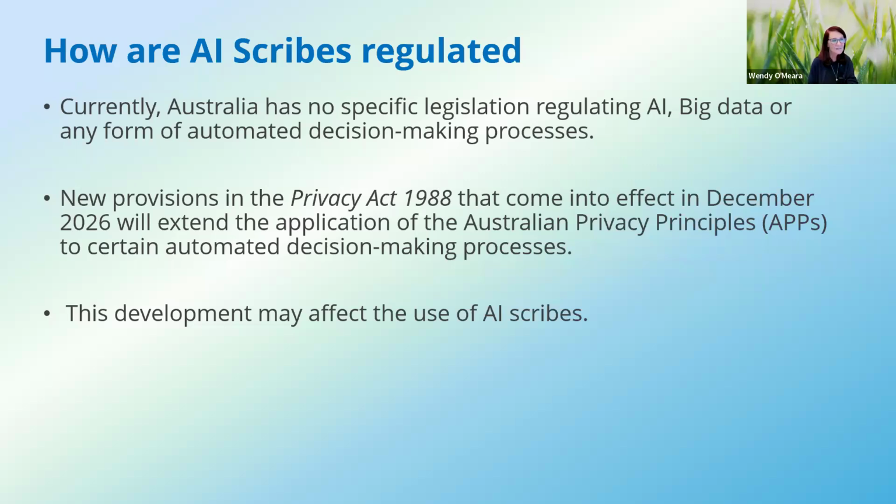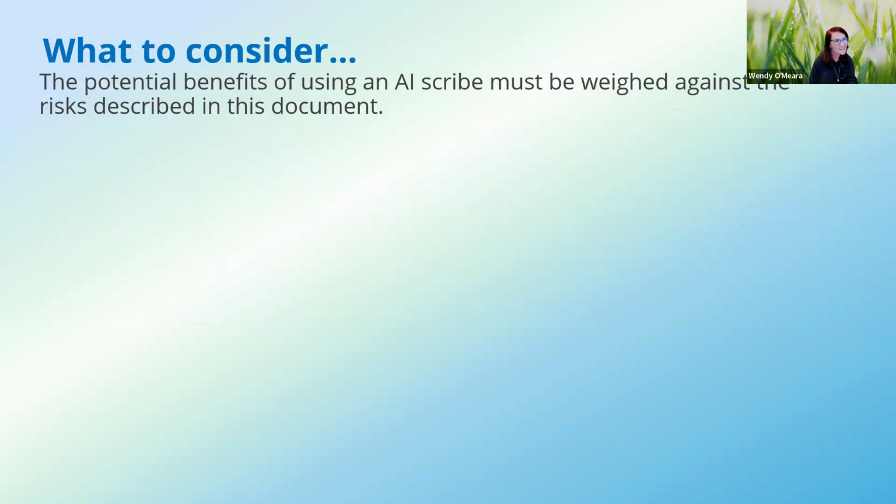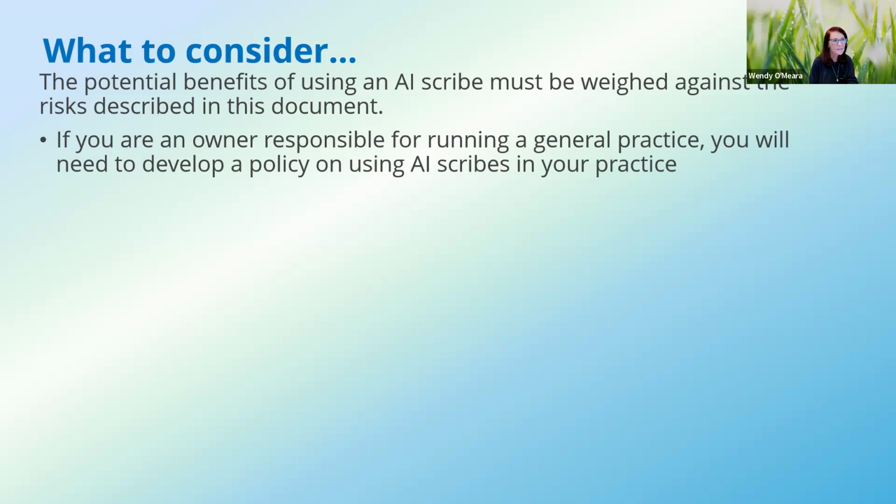And also, if you're not familiar, come 2026, when the 6th edition standards come into play, there is a new requirement around artificial intelligence. So they have written that also into the standards, come 6th edition. So the potential of using an AI scribe must be weighed against the risk. So I really want you to understand that. Yes, it's great and it's easy to use and it's really time saving, but you need to examine the risks and ensure that you are selecting the right provider.